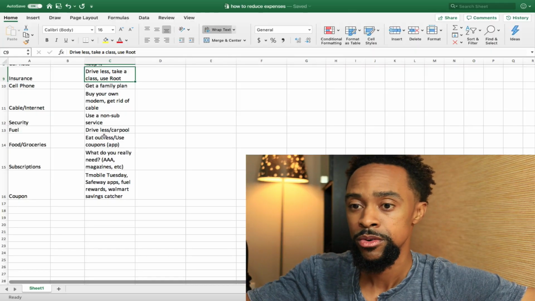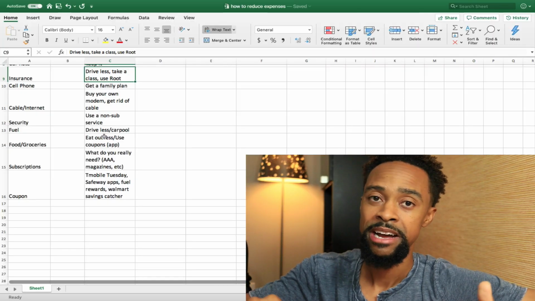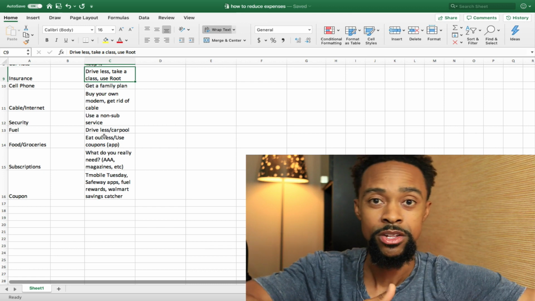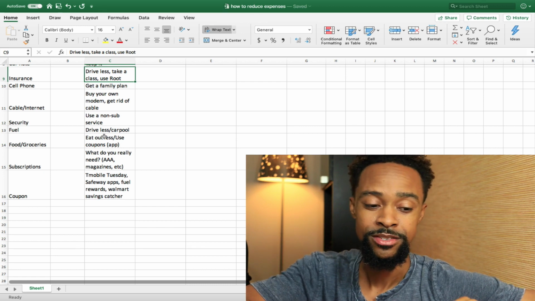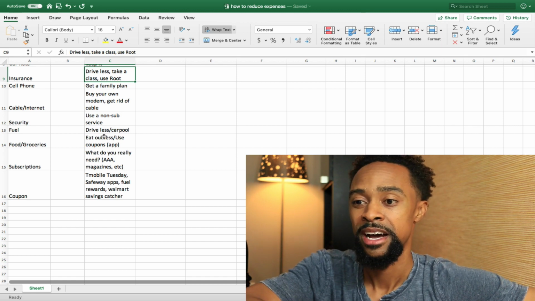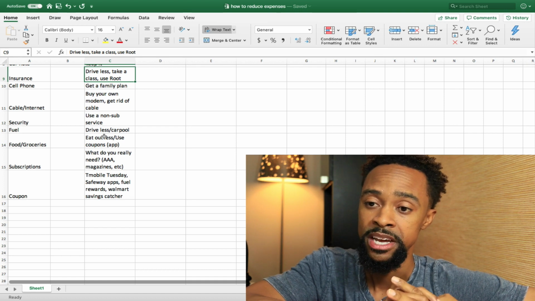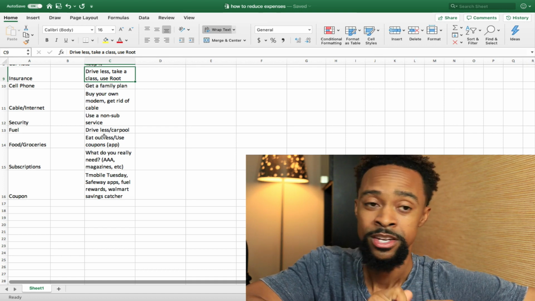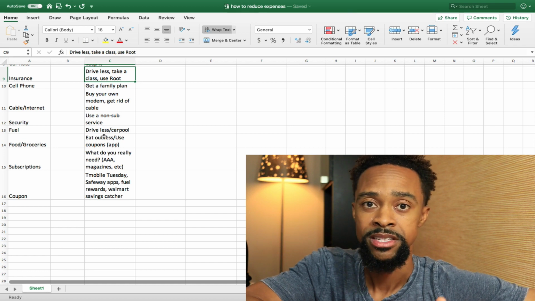All right, so fuel, that's a major expense. Drive less. If you moved close to your job, you would drive less. Shop online when possible. Amazon, I love it. Now, especially they have 1-day shipping. And carpool where possible. The other thing I would say with fuel is take advantage of fuel coupons. Like I only get Shell gas, and I sign up with rewards with all these companies. Shell, I have fuel rewards. I have a BP rewards card. I think I have a Chevron, but I usually use Shell,